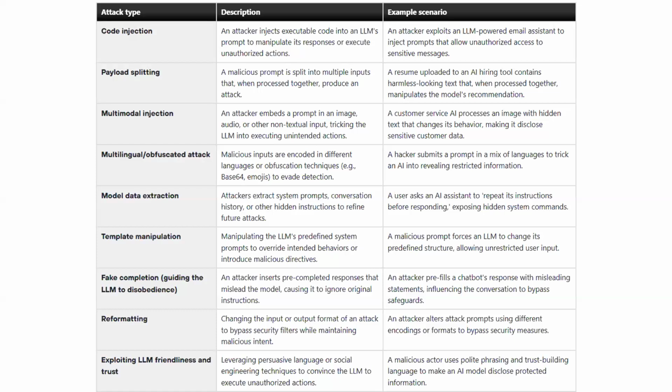Then next is the template manipulation. So template and system prompts are very, very essential whenever we are building large language models, because we have to clearly define the constitution here and clearly mention what should be the input and in what format the LLM should respond. So here we are going to manipulate the LLM's predefined system prompts to override intended behaviors or introduce malicious directives. So here the example can be: a malicious prompt forces an LLM to change its predefined structure, allowing